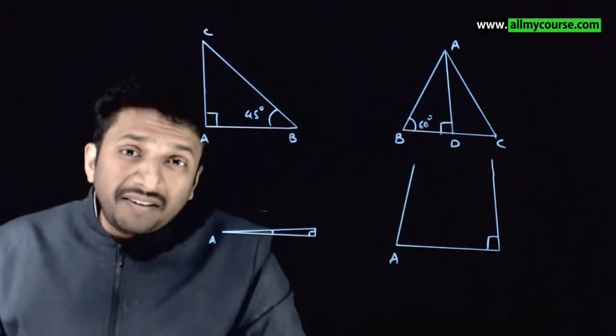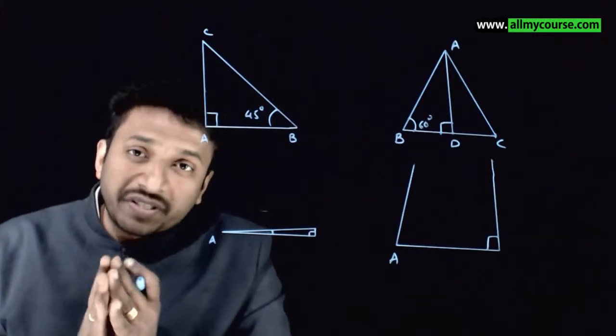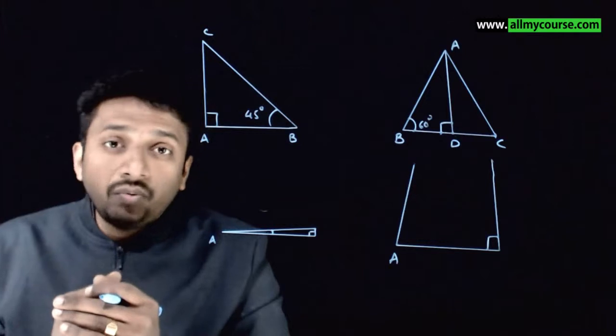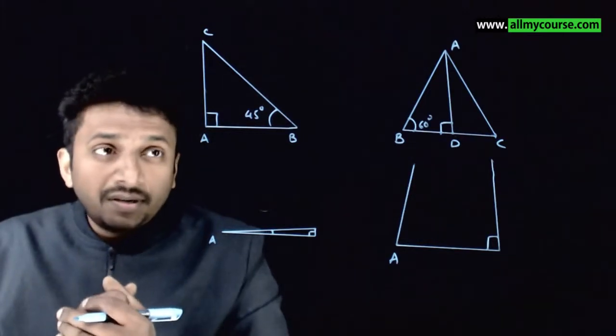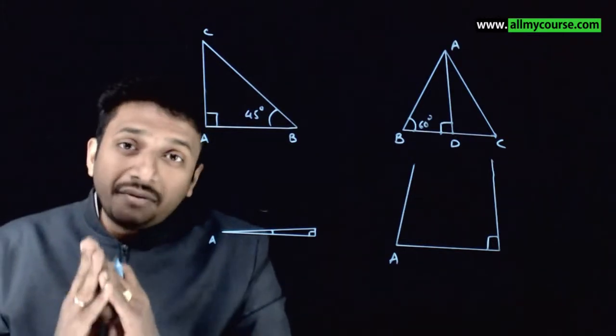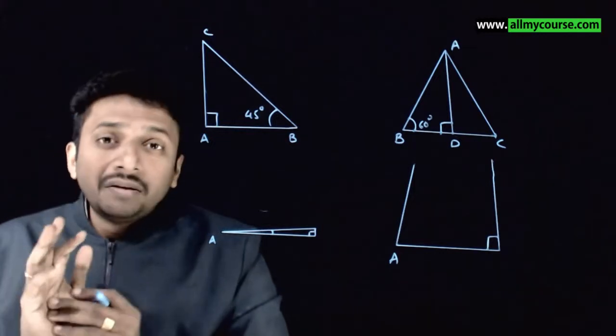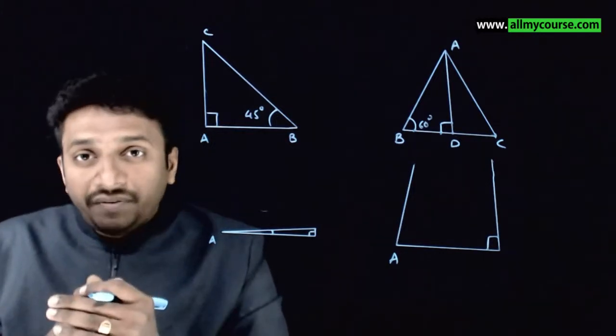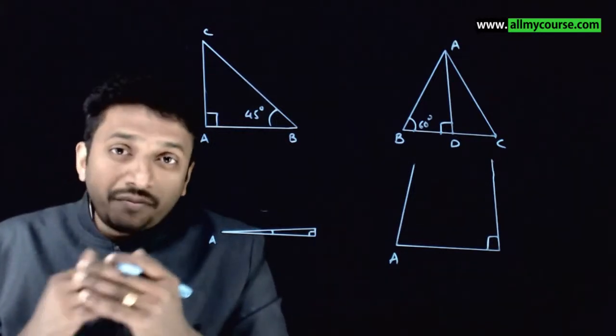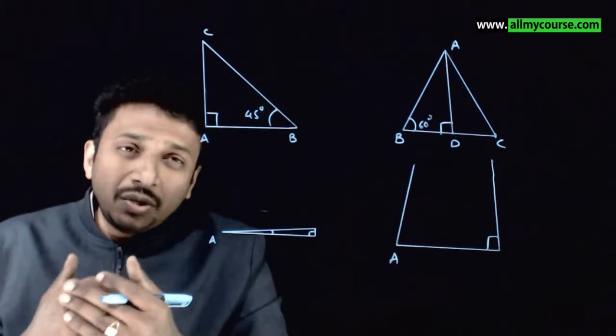So now that you have seen the values of trigonometric ratios for standard angles, you might be wondering how you got these values. So let us see the rationale of these values. For example, if you want to find sine of 45 degrees, what you just need to do is